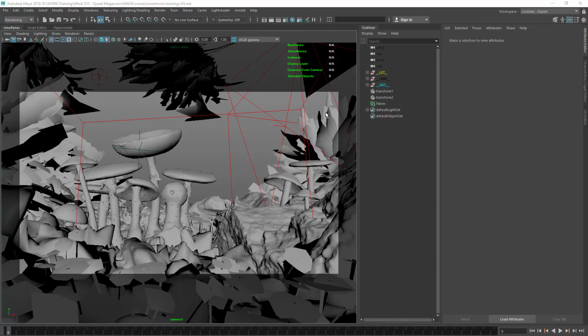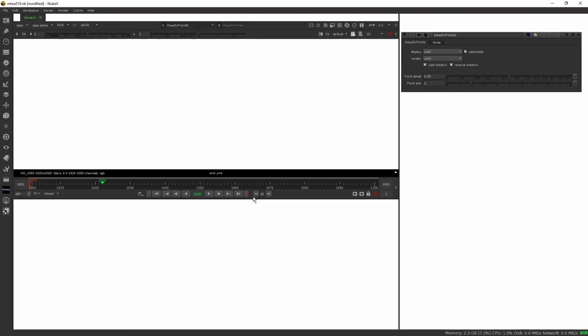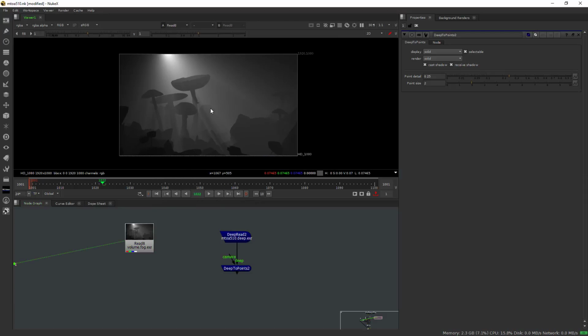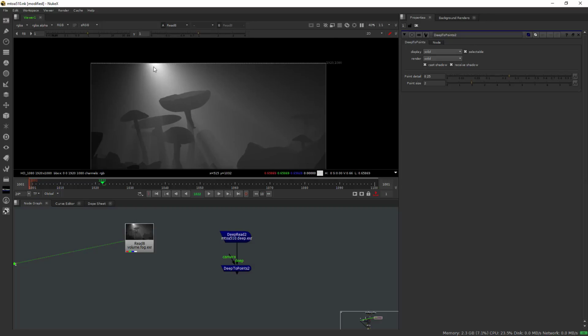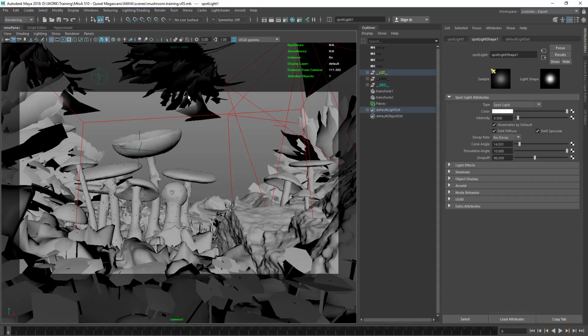So one was a volumetric rendering pass, which just looks like this. All I did was assign a flat shader to the objects, and then I had my spotlight in the center, this guy, and I was just running this using Arnold render view, and then I was just exporting the EXR file. And then I was also rendering out a deep pass, which I will be using to create the